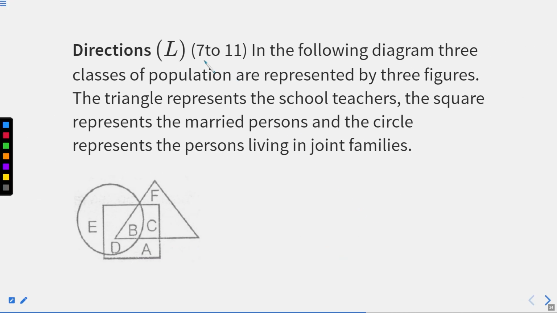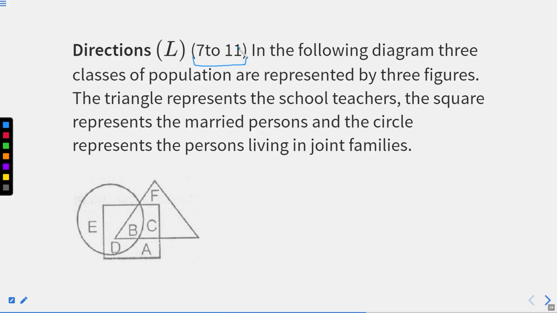Now we'll follow the instructions given till question number 11, right? So first for that we will read and make sure. Now this is a different kind of question where we are not using only circles, we are using squares as well as triangles. This is a totally different question and a totally different procedure will be followed to solve it. So make sure to note the procedure that I am following, right?